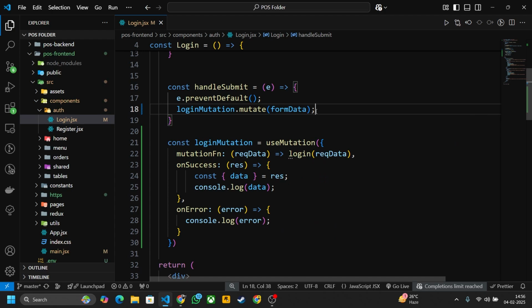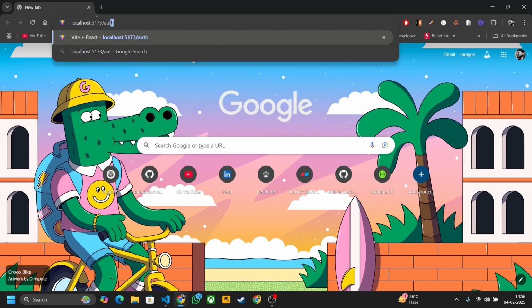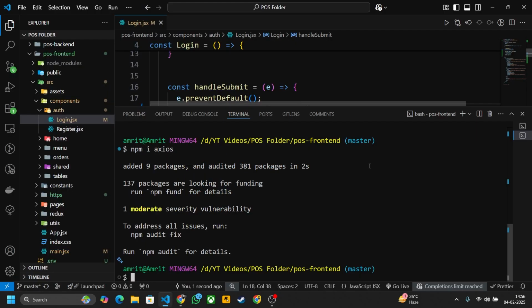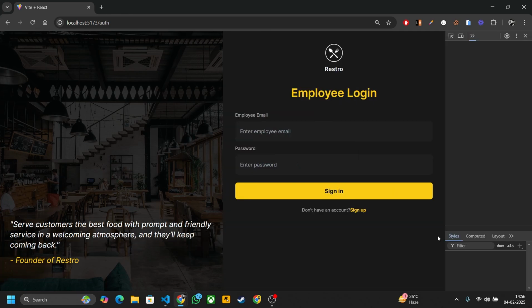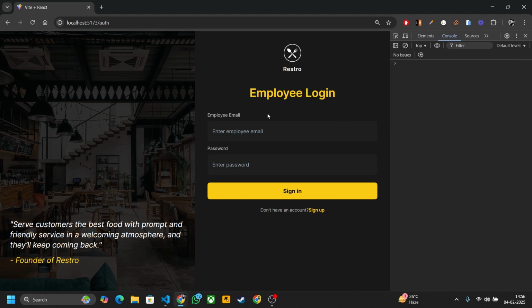Now let's check whether it is working or not. So go to your browser and write here auth. I think our server is not running, so just start our server. This is our login screen. Open console on the right side. Now let's test it. I have one user registered, that is test@gmail.com, and this is the password. If I click on sign in,